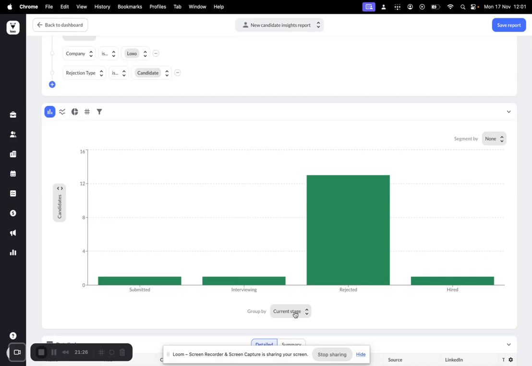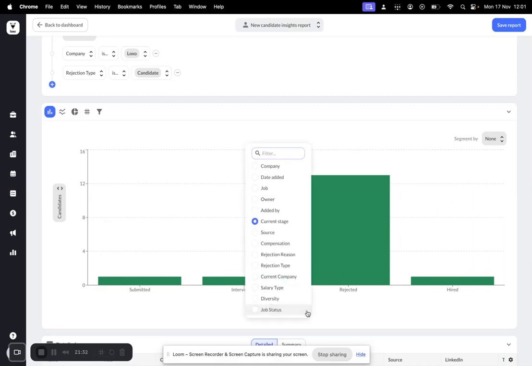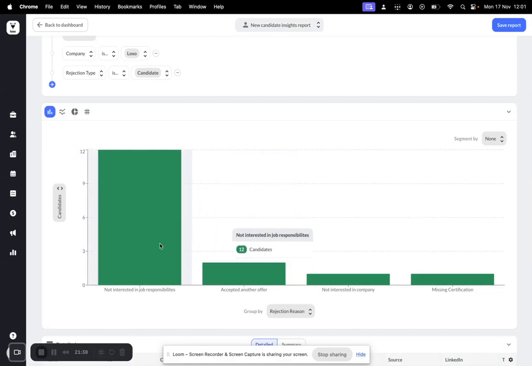I would actually encourage you to keep it segmented by none. We don't want any segmentation, but you can group it, and this is where it's important, by the rejection reason. Now you get a better understanding that 12 candidates actually rejected this position because they're not interested in the job responsibilities, they did not accept an offer, was not interested in the company, and one was missing the certification. So these could be the rejection reasons. You could look at it in this way,